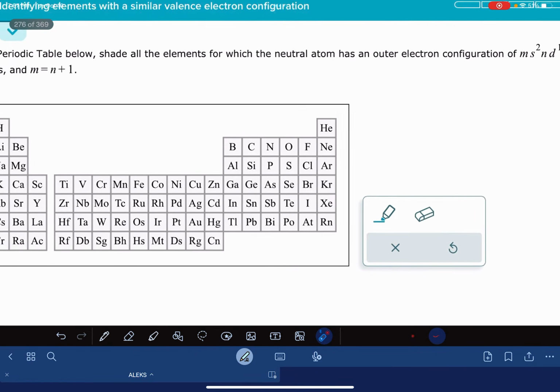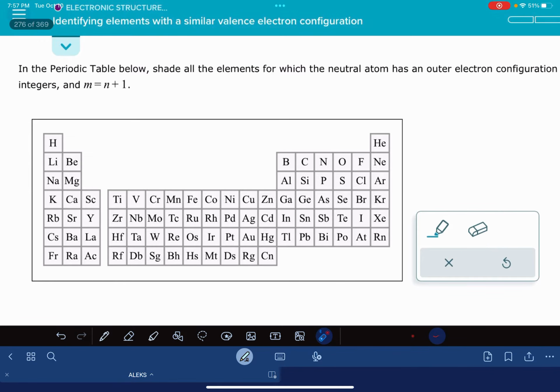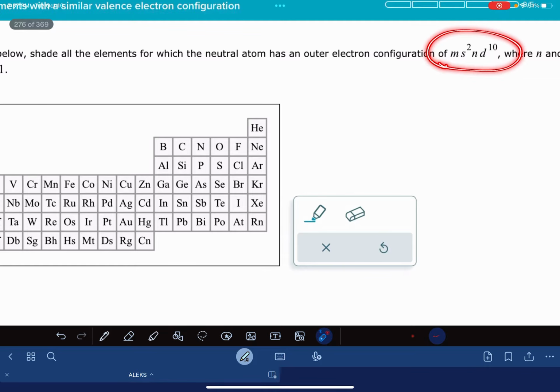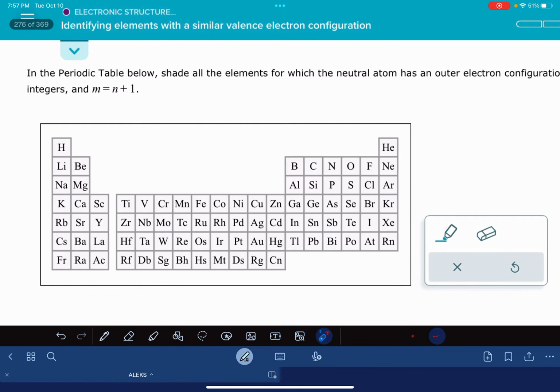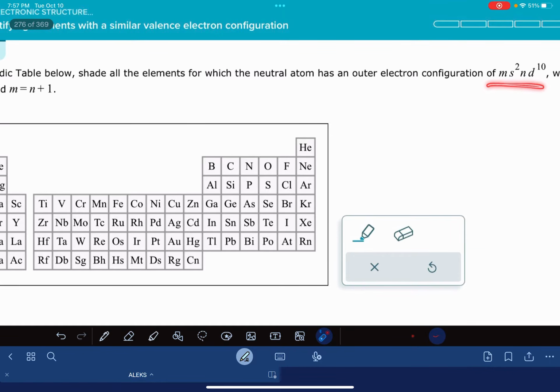The other type of this problem is much more generic. It's going to say something like shade in all the elements that have a partially full D subshell, or shade the elements that have a half full S subshell, something along those lines. I'm going to start by talking about how you would solve this problem, and I am also going to give you information about how to solve the other version of the problem as well. We're going to do this one first, and I'm going to rewrite that over here,